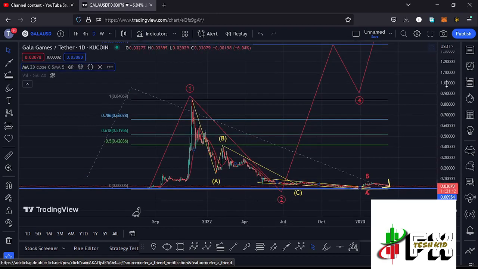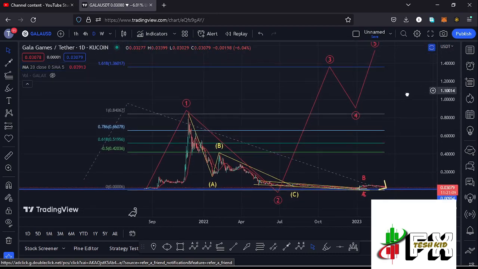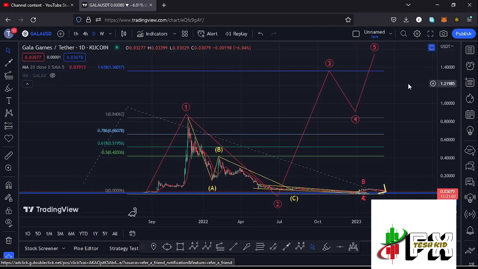And after seeing the low for that second wave, whatever we expect on the long-term scenarios is the start of a massive bounce to the upper side in the formation of this wave 3, where I have minimum target areas at the fib level 1.618, and that is at around the $1.36 mark, and that is the minimum that I'm expecting Gala Games to do on the long-term scenarios and also on the short-term scenarios. So let's be patient and see how that plays out, and I'll be keeping you updated.